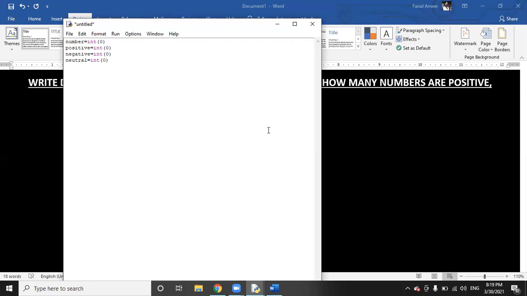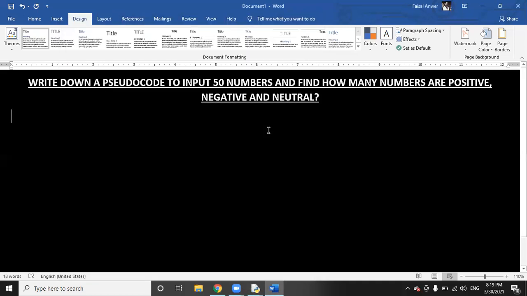Before moving forward, I would like to explain one more thing: if you want to count anything, whether in ascending order or in descending order, the step in programming languages will be variable is equal to variable plus 1, or plus 2, or plus 3, or plus 4, whatever it is.